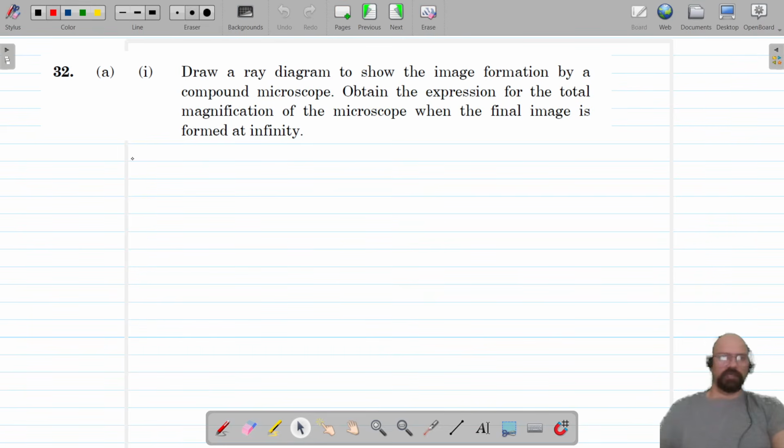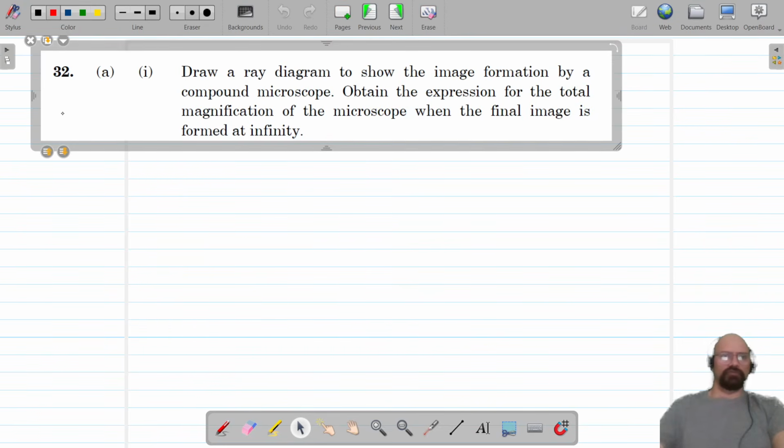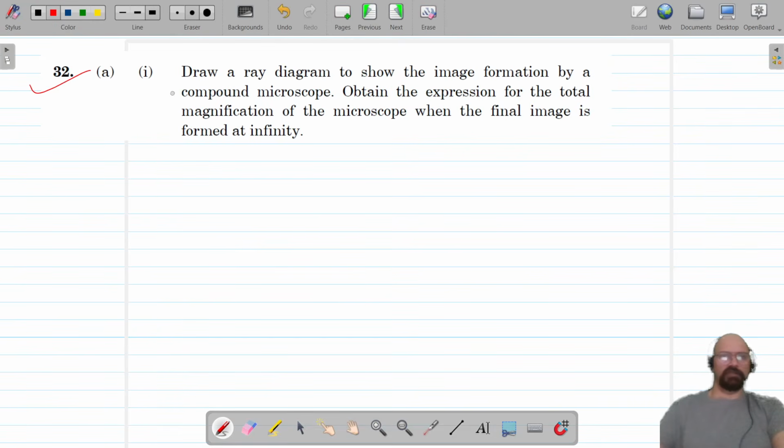इसमें आपसे पूछा है draw a ray diagram to show the image formation by compound microscope. So I will try to form the image at the least distance of distinct vision, and then we'll find the expression for the total magnification when the final image is formed at infinity. 2.5 marks का है ये. So सबसे पहले we have